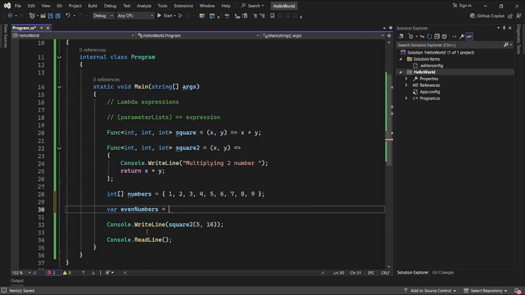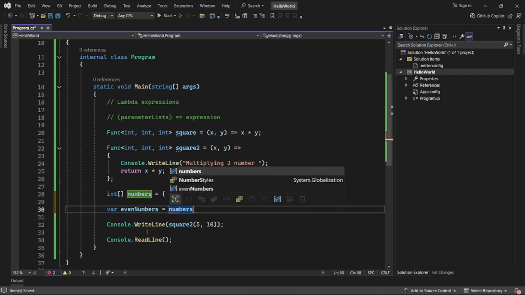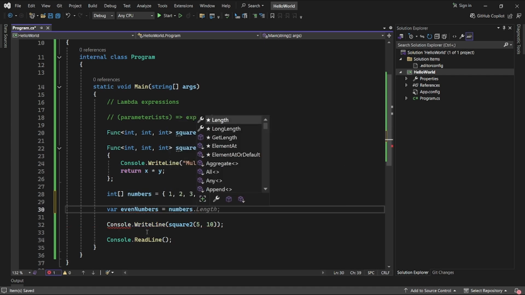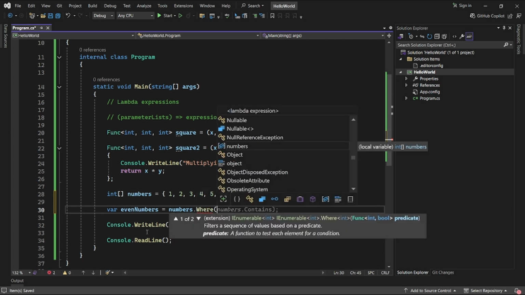For that, let's type the name of our array variable, and then we want to find even values. A way we can find whether a number is even or odd is to check that the modulus of this number is equal to 0. For that, let's type Where and